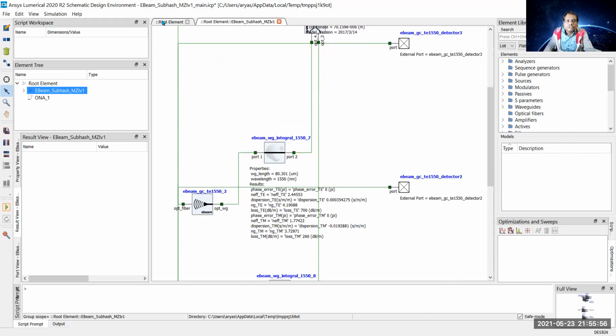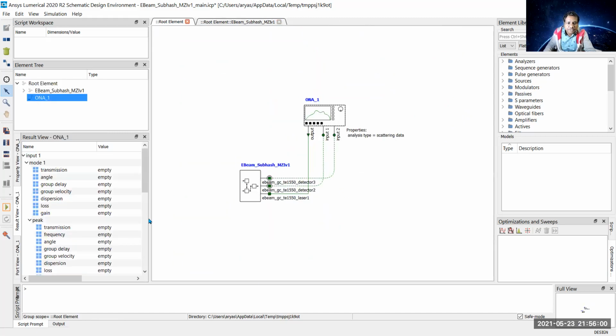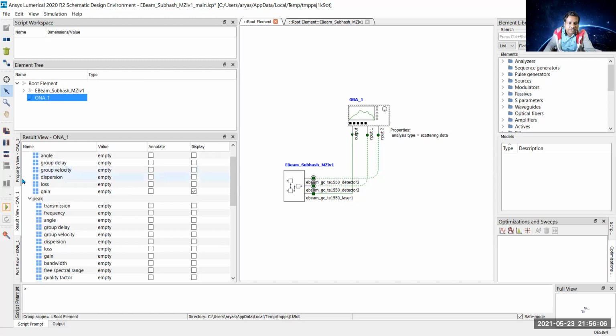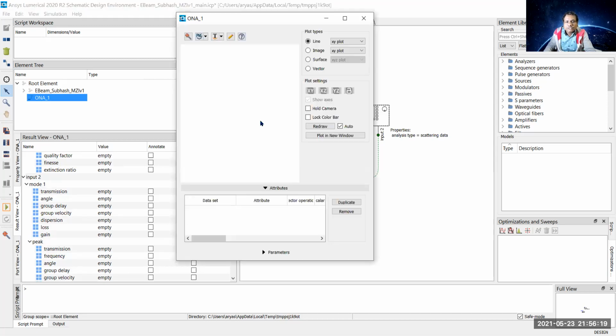This is a black box now. On ONA, by default on the result window, gain is selected, gain 1 and gain 2 for 2 ports. I will click on that. You can see the gain curve of the Mach-Zehnder interferometer. The gain curve is coming on the ONA plot.